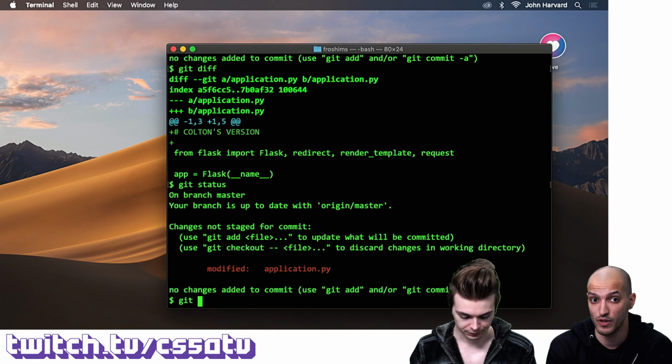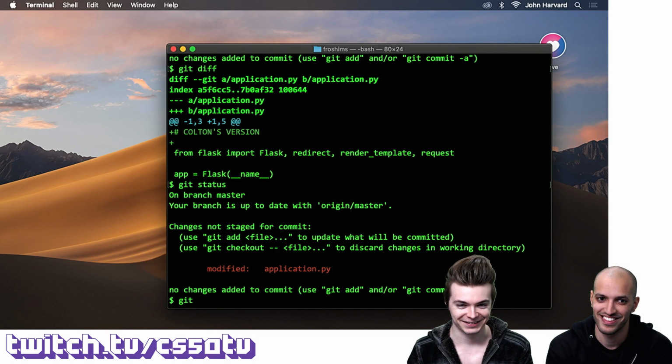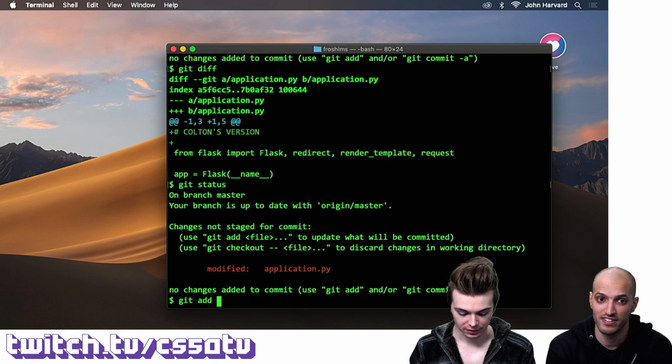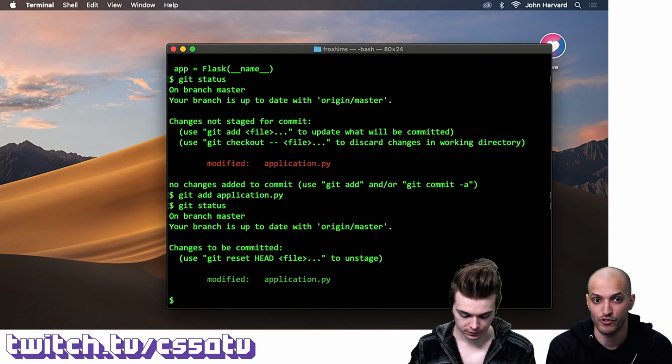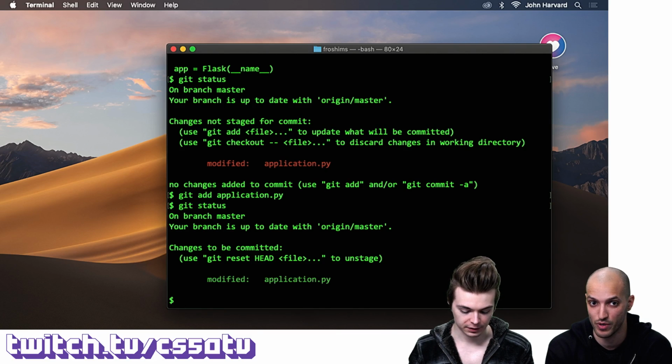You have to stage it first, I think. Oh, I think you can just commit, right? You can do this in 1 step, but usually people do it in 2. Oh, I usually commit directly. All right, walk me through this. So git add application.py. Okay. And now if you do git status again, you should see this in green. Now this is staged, ready to be committed.